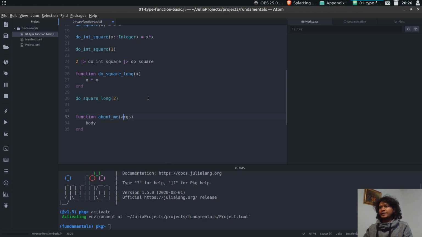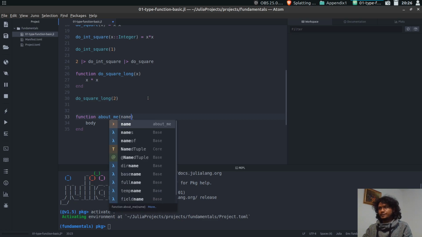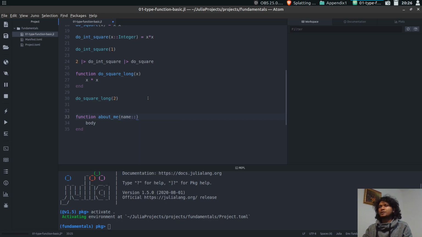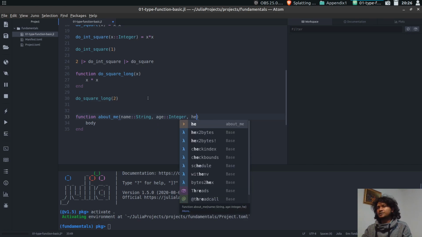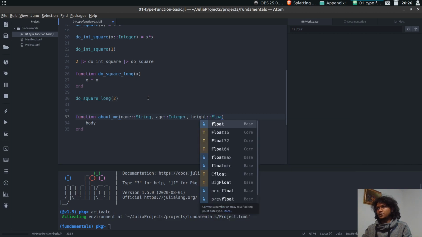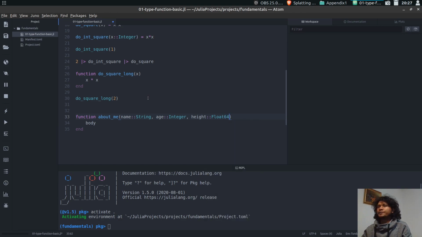It expects a name, which I will annotate as a string, an age, which will be an integer, and then a height, which will be a float. So the type is Float64, I think that's fine. And then it will just print